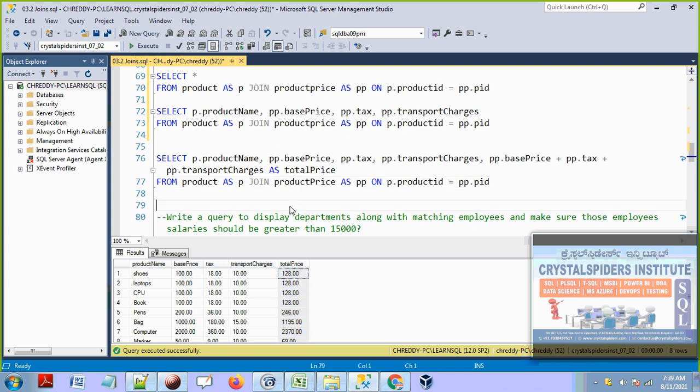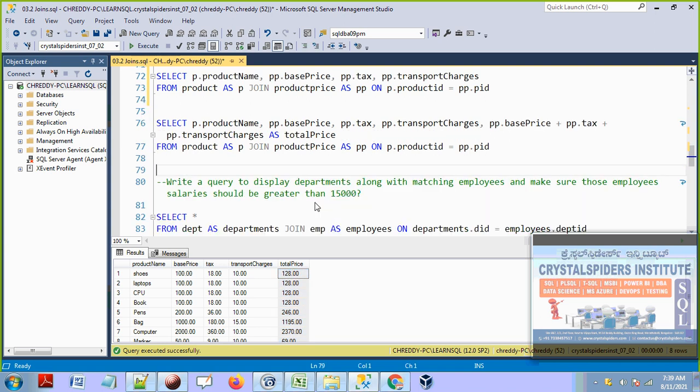So this is fine. Now again we have a requirement: write a query to display the departments along with the matching employees, and make sure those employees' salary should be greater than 15,000.